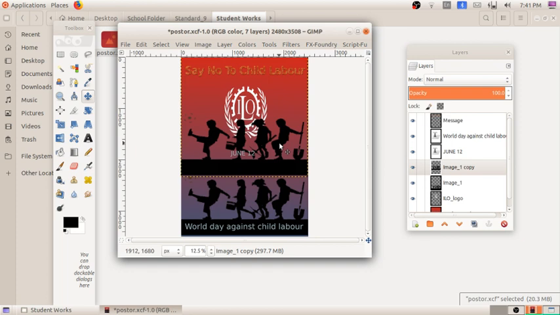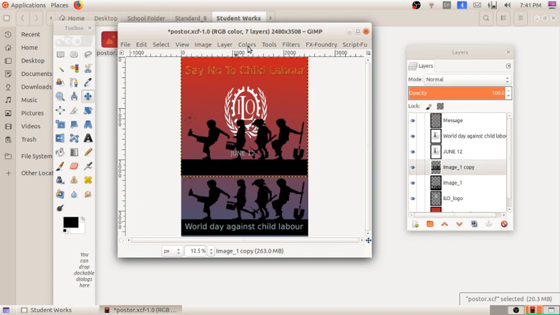This is activity 1.7, changing the picture clarity. So how can we change the picture clarity? Okay, for that you have to select this picture. How will I select the picture? We have taken the duplicate of the picture. After that, you can see here it is already selected.